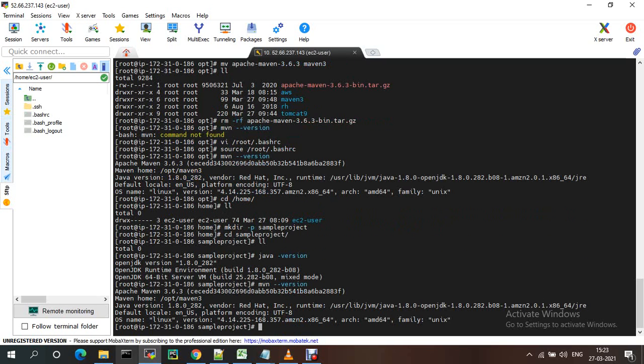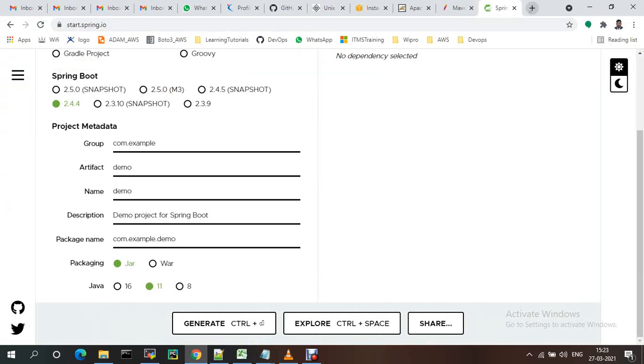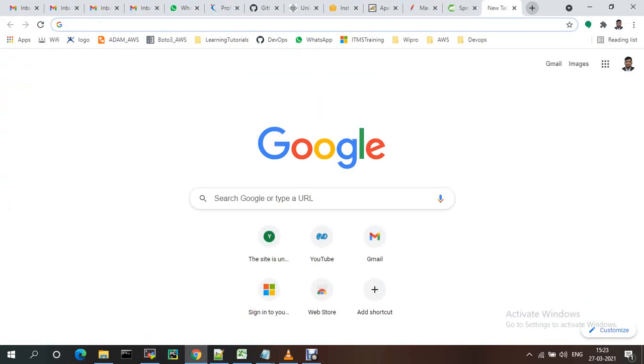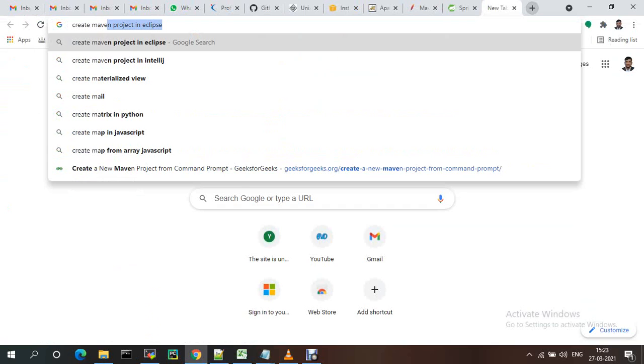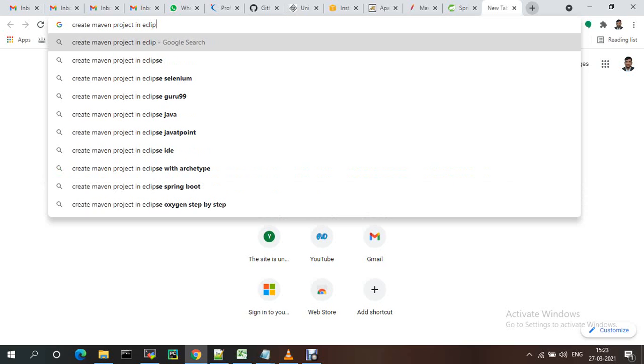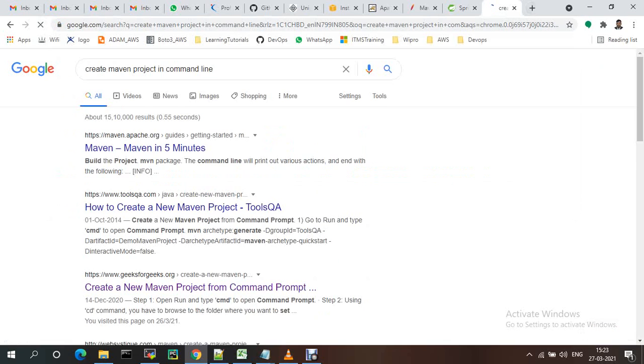To create a fresh project, create a Maven project from the command line. So mvn archetype:generate will generate it. You need to provide the details in the command line.